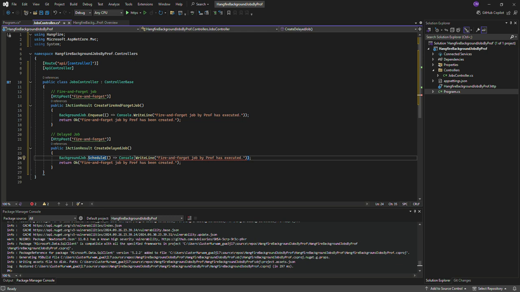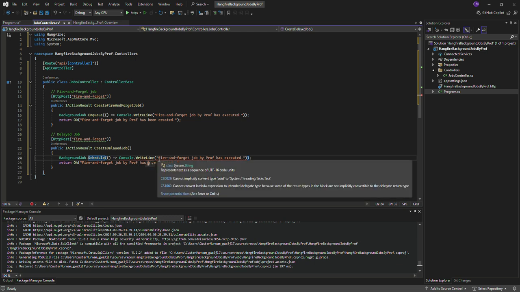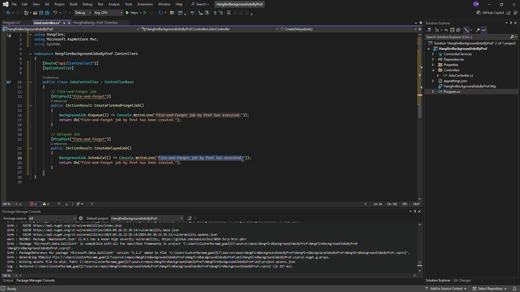And then since that is the schedule, you need to make sure that on the console you change it to delayed job executed. So let's say delayed job executed,